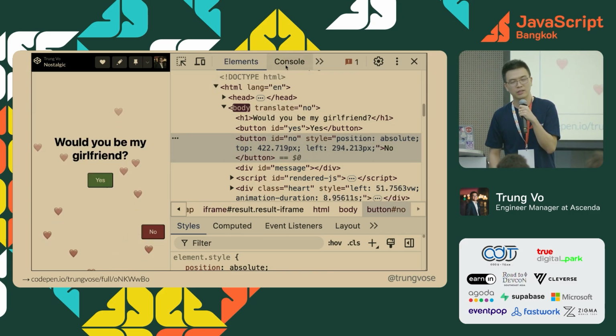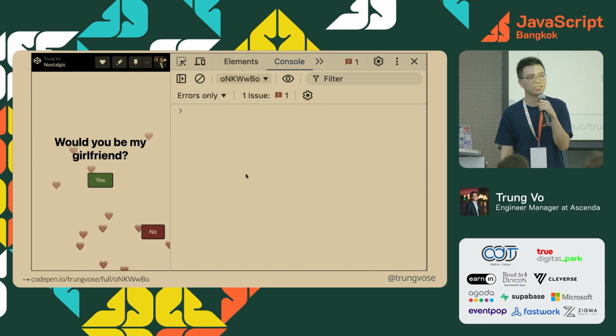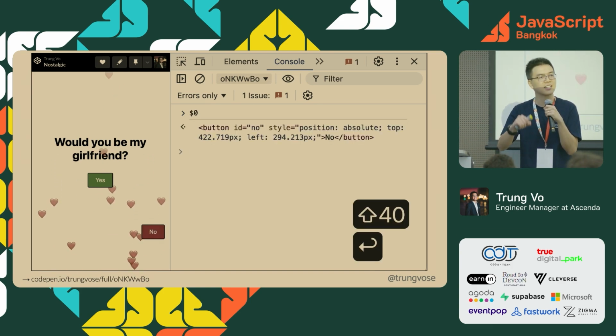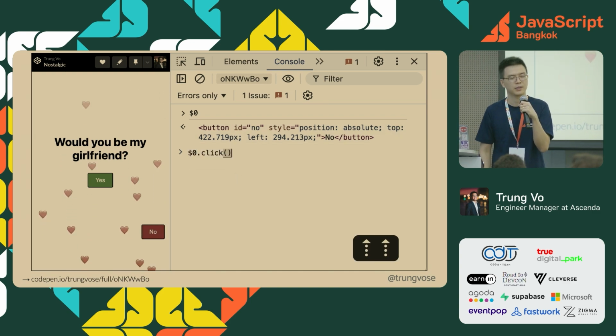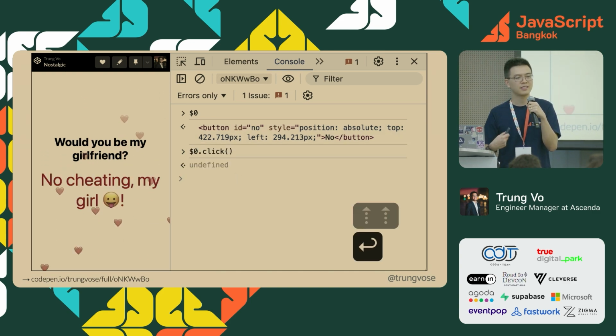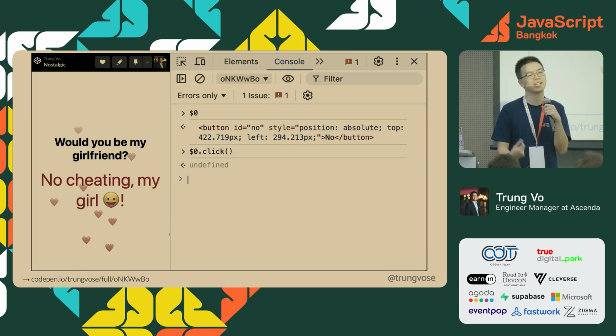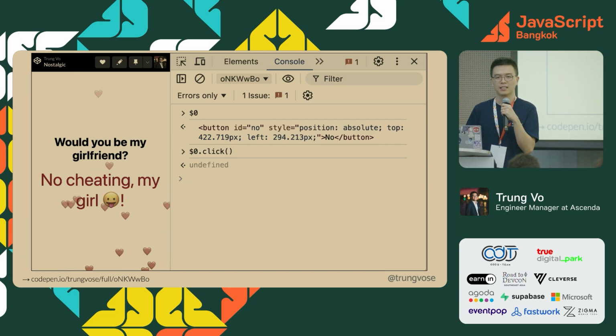You can do $0. I try to select it, you go in and do $0. It just selects the currently selected element. Right, you don't need to do document.getElementById or something. You're just able to select the button. But yeah, of course, it's not working. We know it's going to happen. So